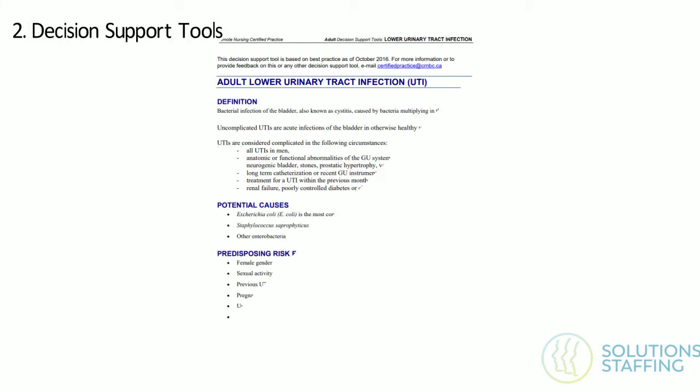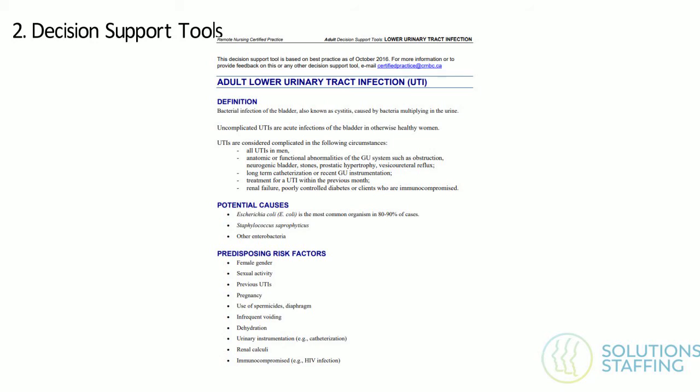Secondly, let's talk about the BCCNP Decision Support Tools, or DSTs. These can be found online as well as in binders in each of the stations. If you have your Remote Certified Practice designation or your Contraceptive and STI Management designations, these determine your scope of